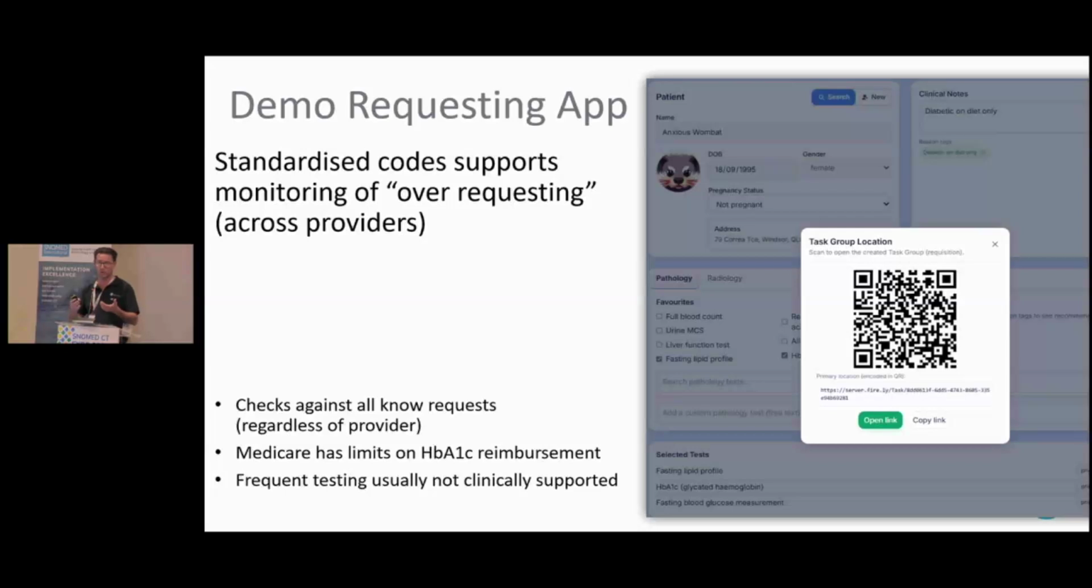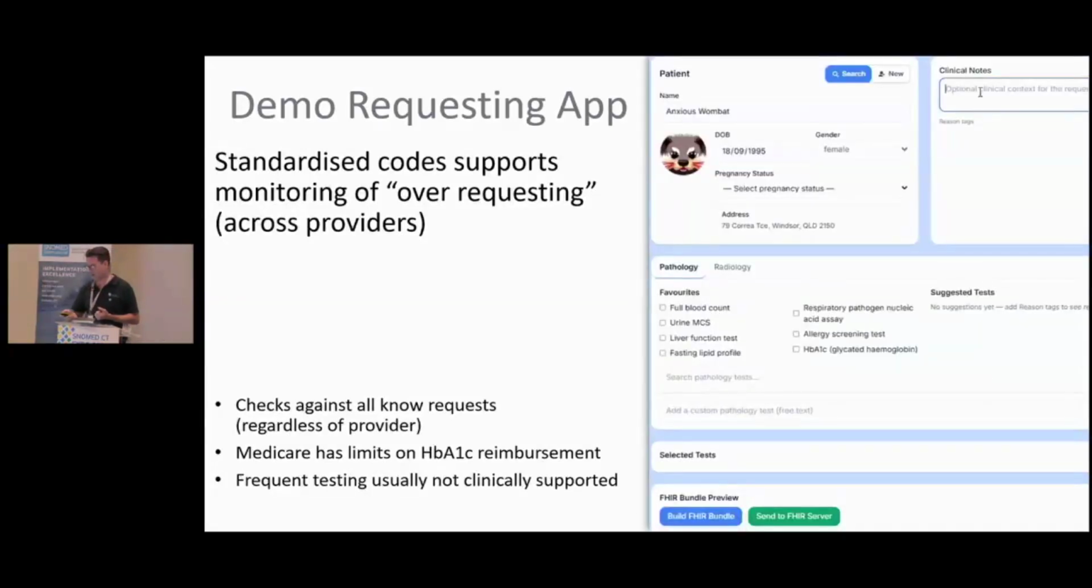It's just a read-only view of the request, but you'll see in it, there is a patient instruction too about fasting. We didn't put that on here, but there is some logic that says, if you select any sort of fasting test, you should include a fasting instruction for the patient as well. And then